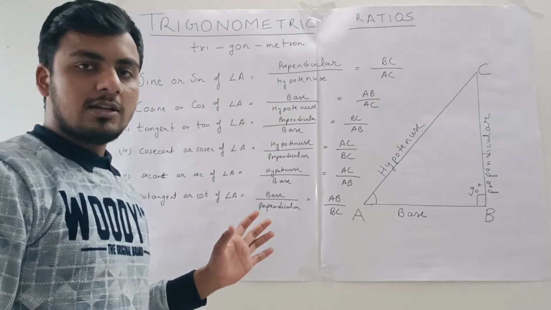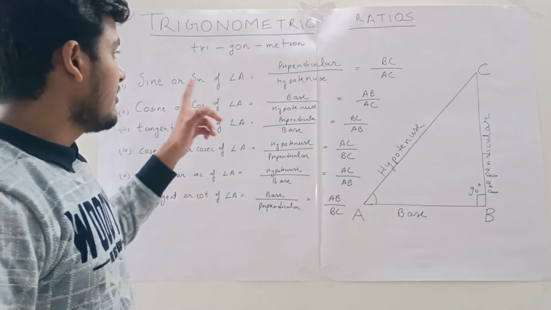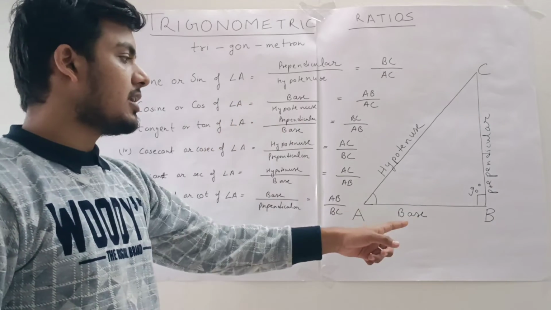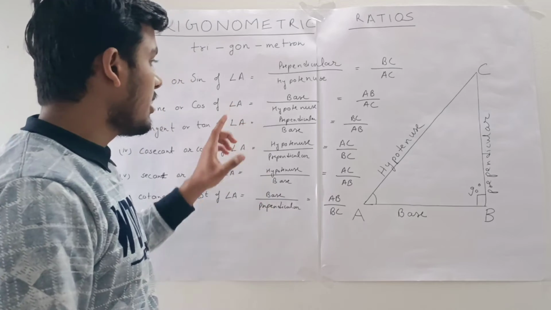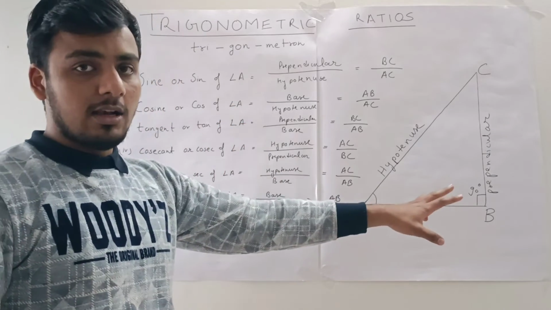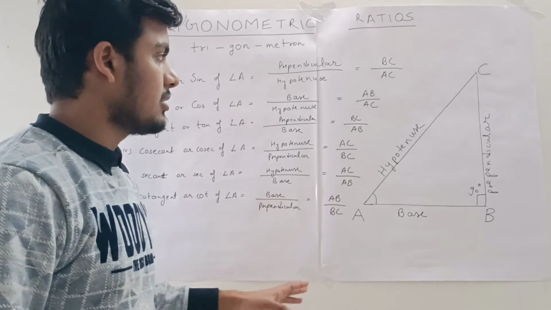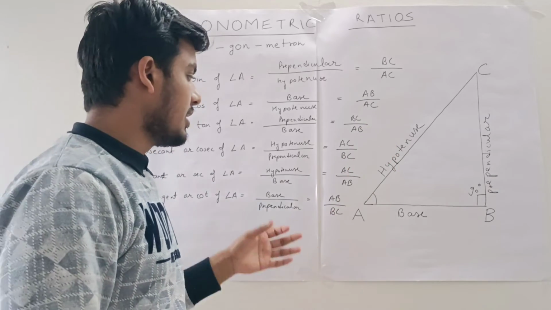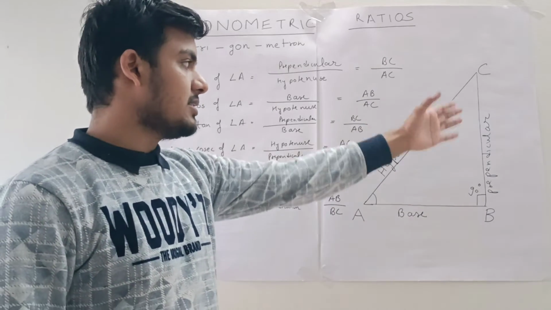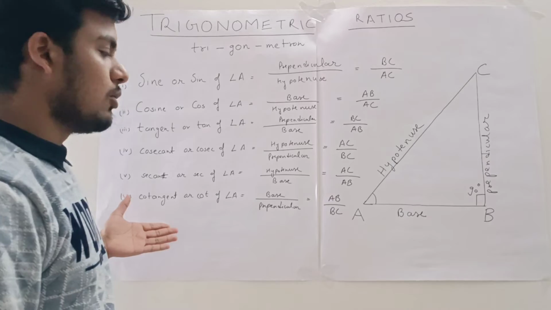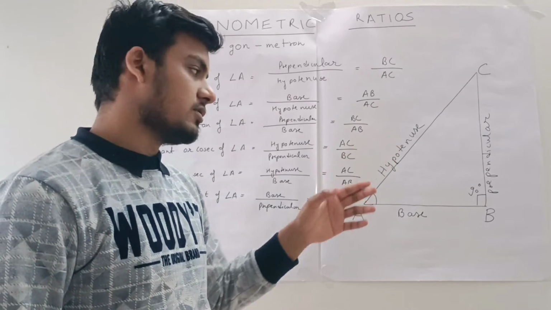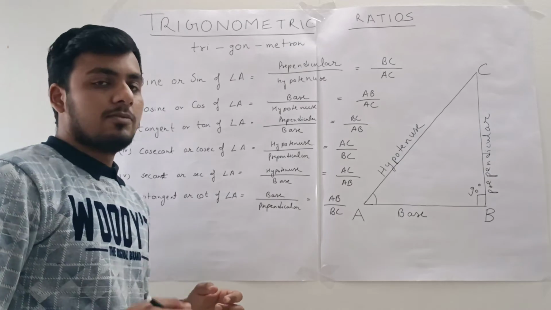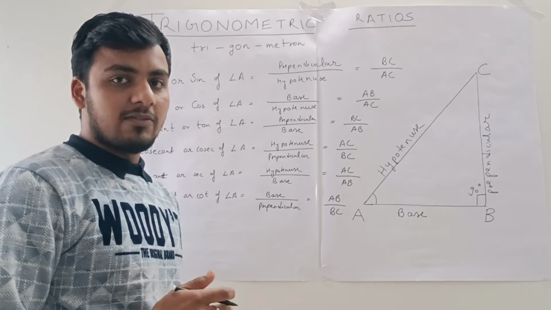So what we are doing in trigonometry is that if we have a right angle triangle and we are given an angle A, other than the right angle, and two sides of that triangle, we can easily calculate the third side of the triangle. Let's say if we are given base and perpendicular, then we can use cotangent or tangent to calculate the hypotenuse of the triangle. So it has a great physical significance.